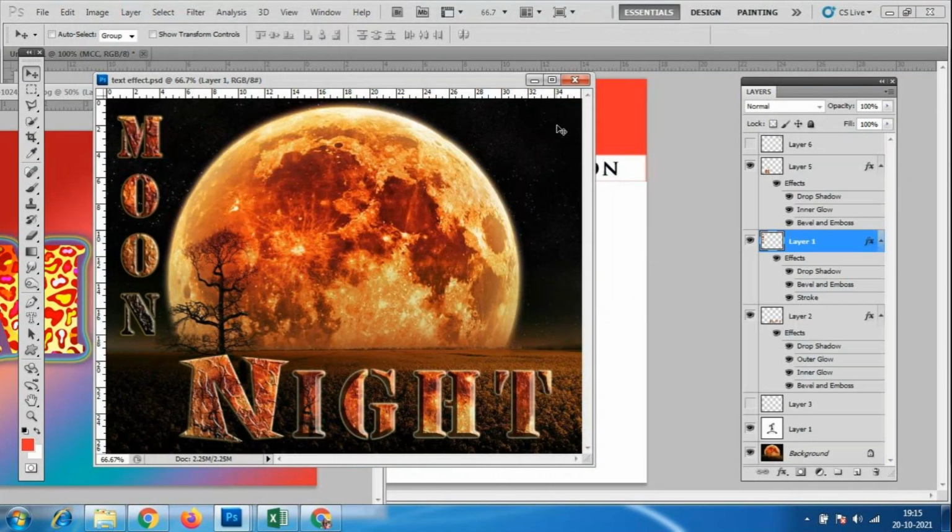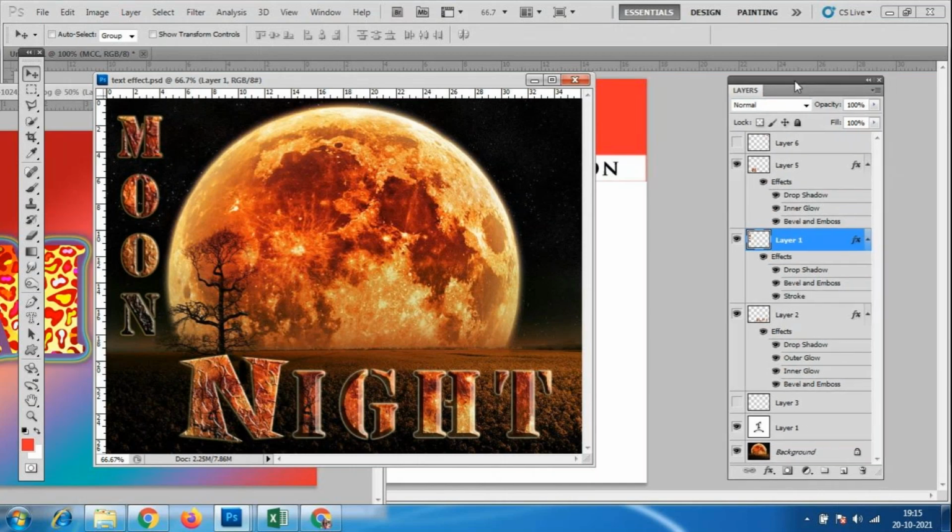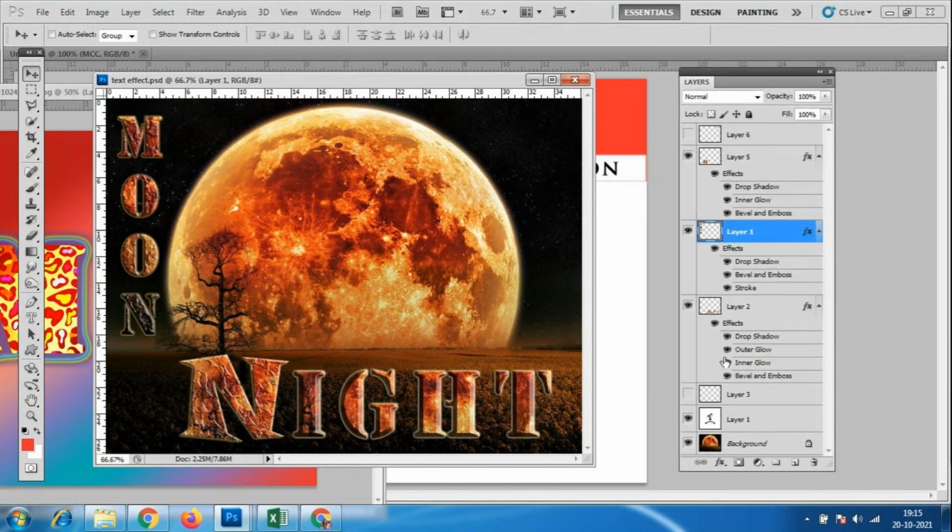Okay, so like this, the pattern. This is a texture. See, in the layers, whatever texture patterns we have added are here. In the layer one, like this moon, look at the effects we added. If you want, we can keep the effect, otherwise you can remove it. I don't want the bevel and emboss, so I can remove only that.